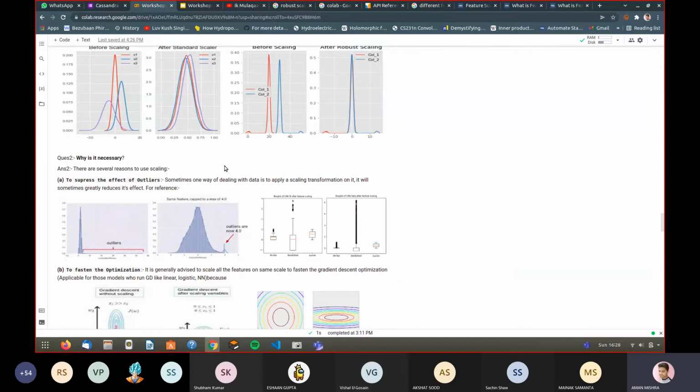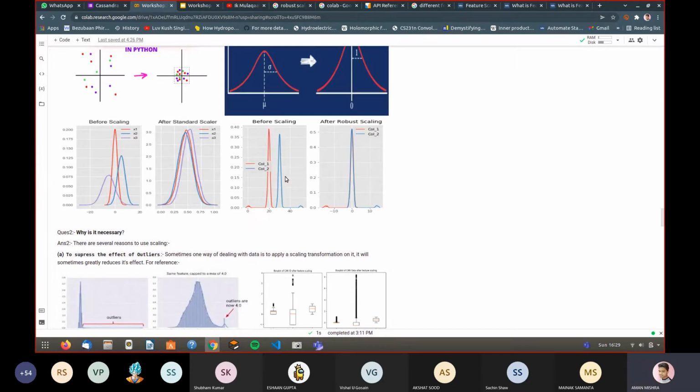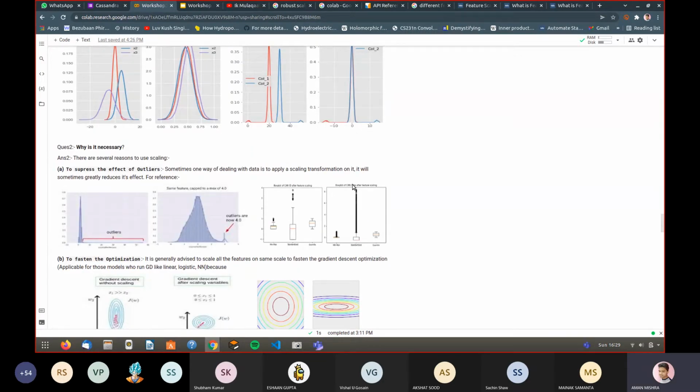Now a question comes, we will see all this scaling, but why can't we directly use the features which we have in datasets? So there can be multiple reasons for it. Number one is the effect of outliers. As Manak finished saying with the robust scaler, suppose you have a data set, and there is the IQR interpretation given by Manak.